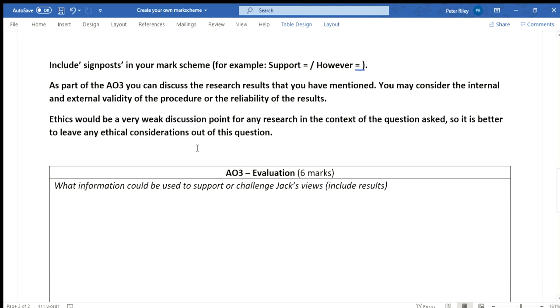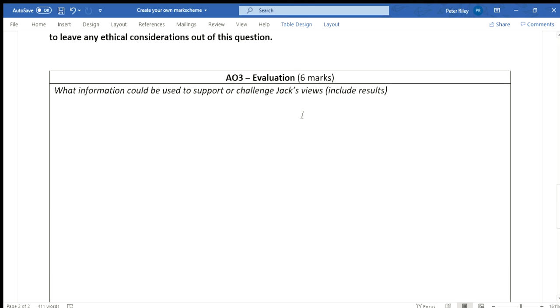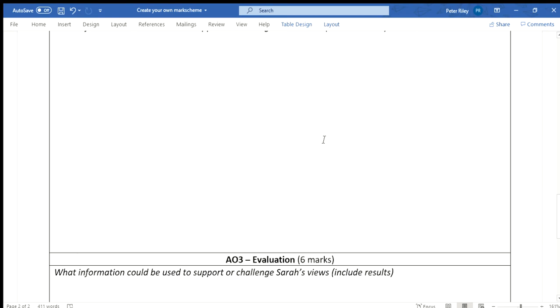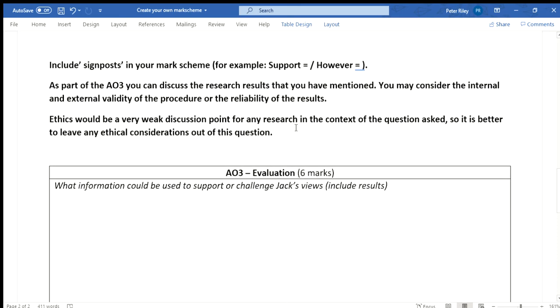The AO3 is a little more difficult, and that's where you might want to include a little more specific information. So I've made sure the boxes are a little bit bigger, despite the fact that it's also worth 6 marks. 3 marks for Jack and 3 marks for Sarah. So when you're writing your mark scheme for your AO3, what I'd like you to do is include signposts in your mark scheme. So include words like support, because that will really help you with your revision, or other signposts like however, on the other hand, alternatively, to demonstrate that you're challenging and you're going to raise limitations about the